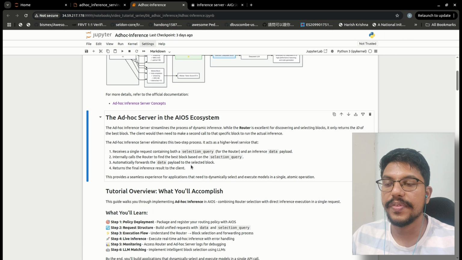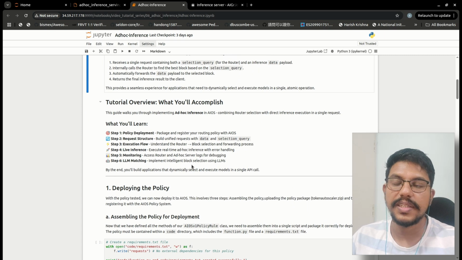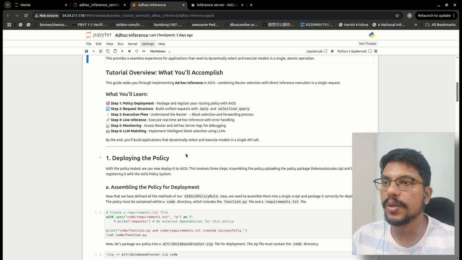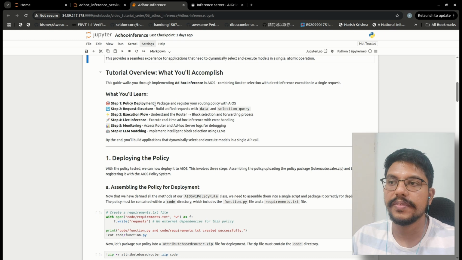Again, before we do the actual inference, let us see some of the building blocks required to do this single API request, such that the selection, discovery, and the final inference itself happen all together. So this tutorial has 6 stages. First, I will show you how the sample policy we have created